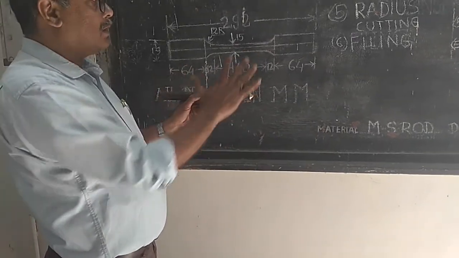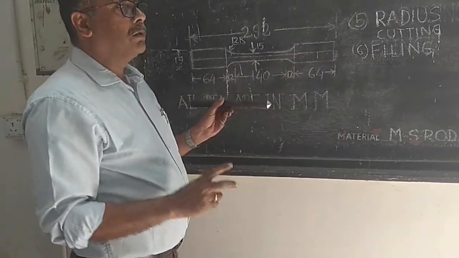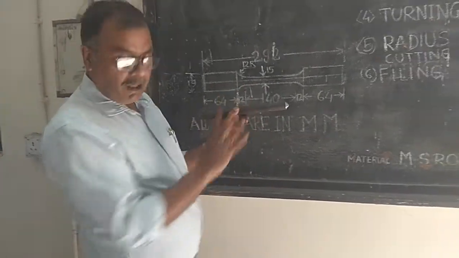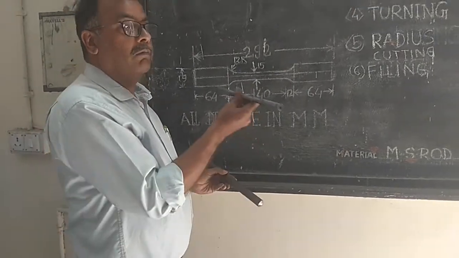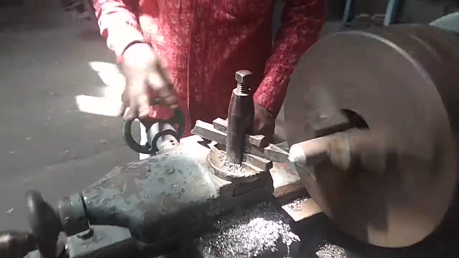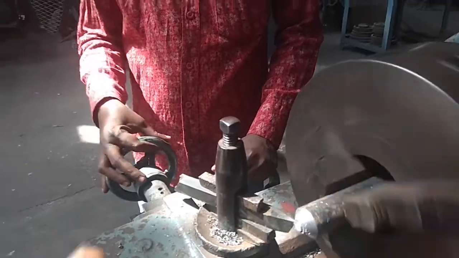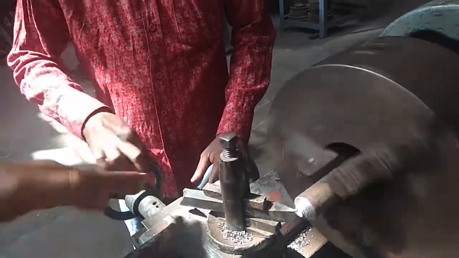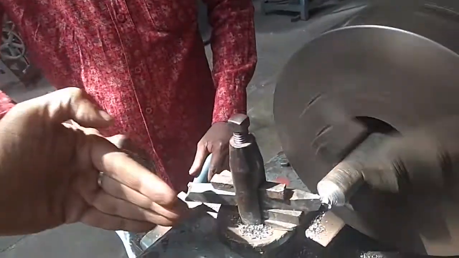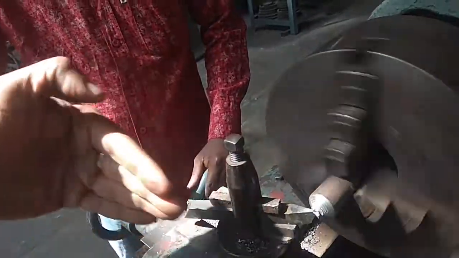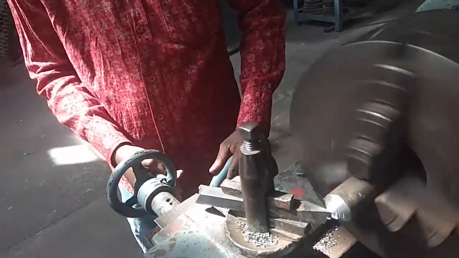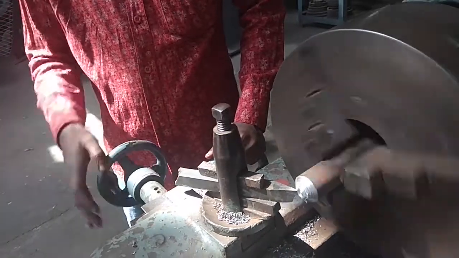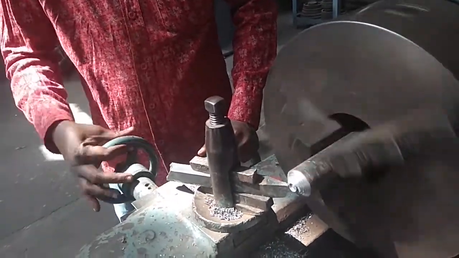So we have to do this, and we have to do it on our lathe machine. We will do different operations, we will see how we do different operations, and finally from this material we make this test piece. So we are making this flat face, and we are using the cross feed, which means the tool is moved in this direction to cut the material in the radial direction, and the final result is we will get a flat face.